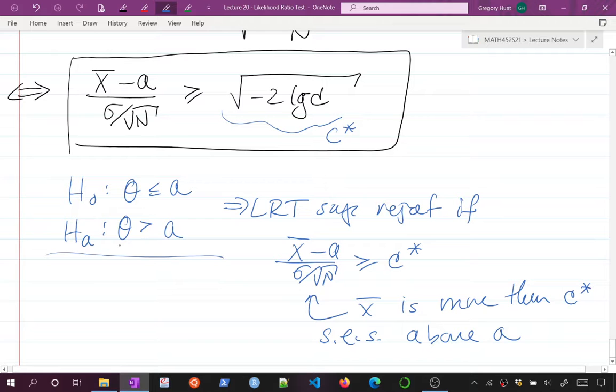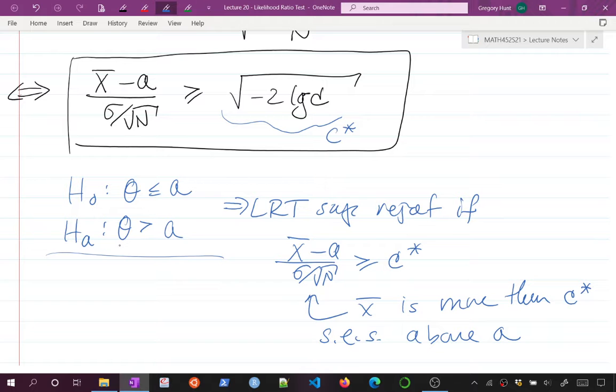And so what we've shown is that in this case, at least, the likelihood ratio test derives a totally reasonable test that you would have used anyway. You could say the LRT is L of theta not hat over L of theta hat. Or in this case, you could say just calculate the standard error of x bar in relation to A, see how many standard errors x bar is above A, and if that's sufficiently large, reject. That makes a lot of sense. When you say it in terms of LRT, it's a little more abstract, but